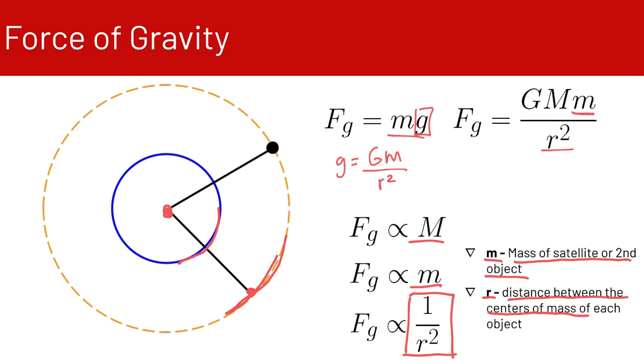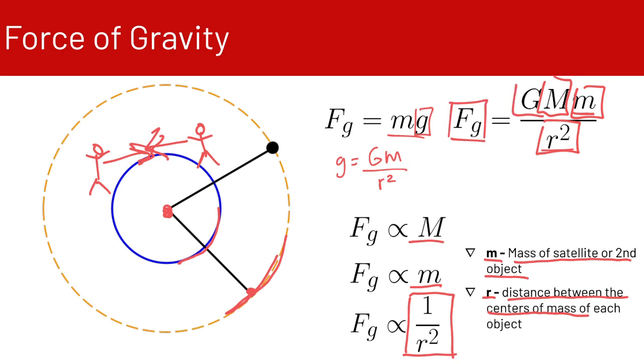So force of gravity is felt between any two objects. So me standing at the front of the classroom and you sitting in your chair at the other end of the classroom, we are exerting gravitational force between each other. So I could be the big M and you could be the little m, and the distance between our centers of mass, which is really just our middle somewhere, will give us the force of gravity between us multiplied by the universal gravitational constant G.